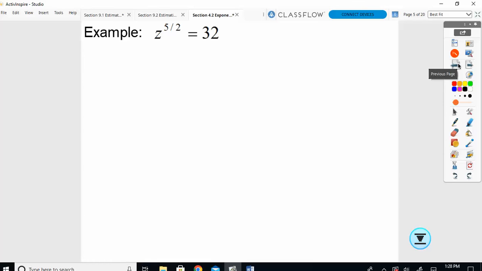So the last problems on that handout, we hadn't done any quite like it, so I want to make sure I cover something along those lines. How is this one different? Right, my variable is my base, not my exponent. So let's just rewrite this. Z to the 5/2. What is that as a radical? 5/2 means the